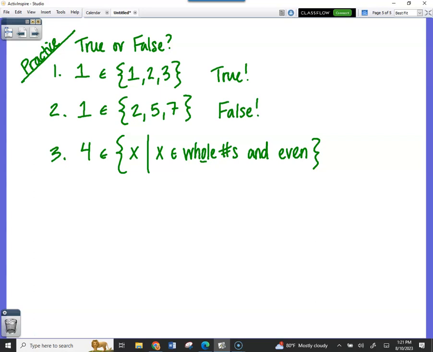So now let's read it and see if we can answer it. Is 4 an element of the set of numbers x such that, so this first part really is not even helpful, right? We're just saying the set of numbers x such that. It's when you get to the such that is when you start having to think. Such that x has to be an element of whole numbers and even. So even whole numbers. Is 4 in that set? Yes. Whole numbers start at 0, but it says even, so that would be 2, 4, 6, 8. In my opinion, 0 is even, but